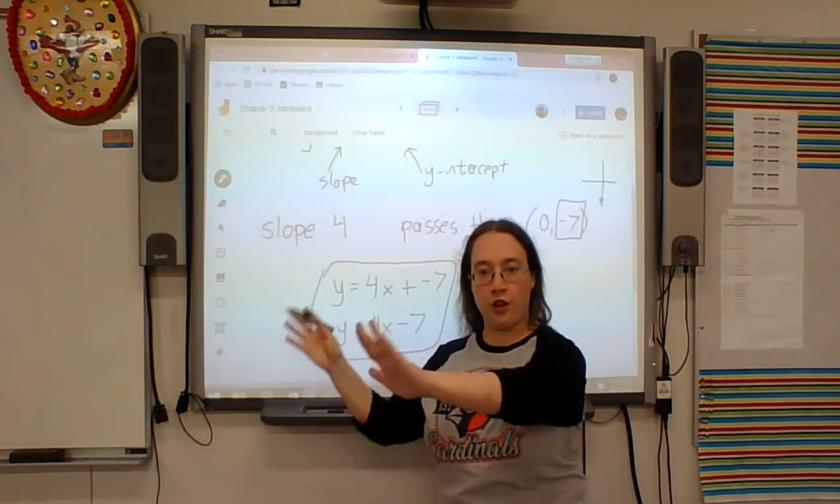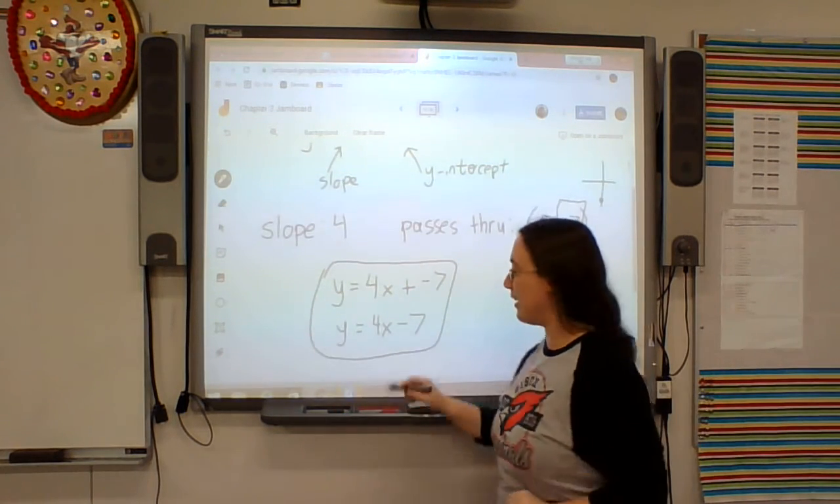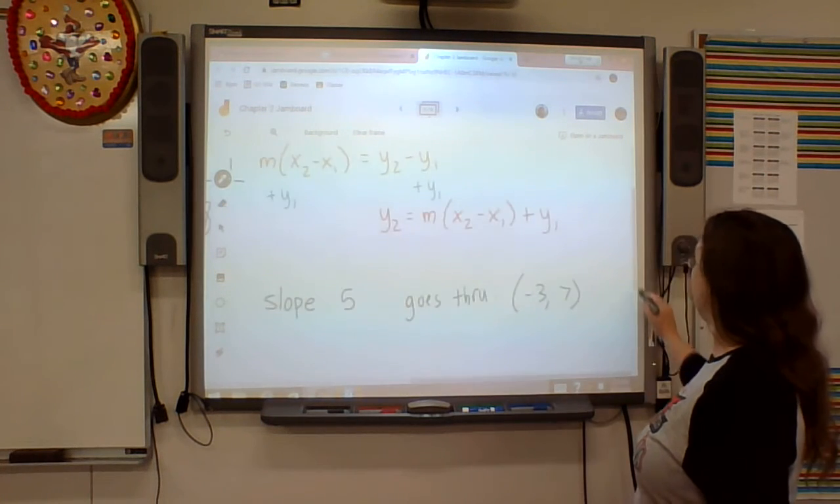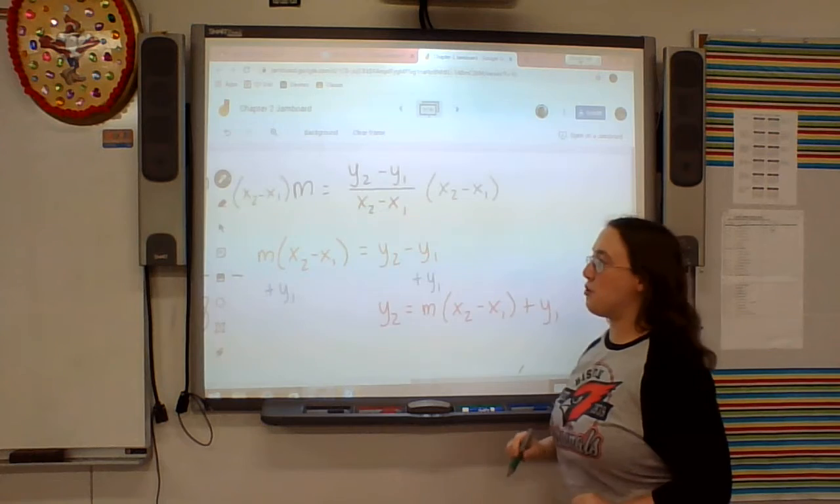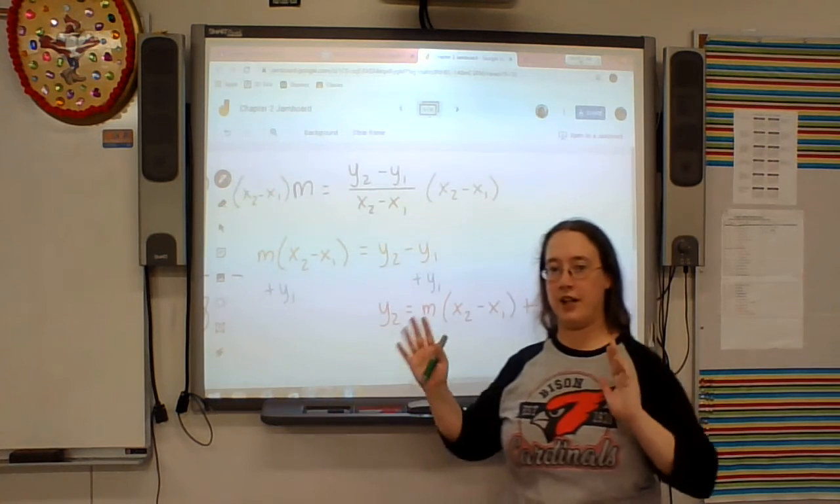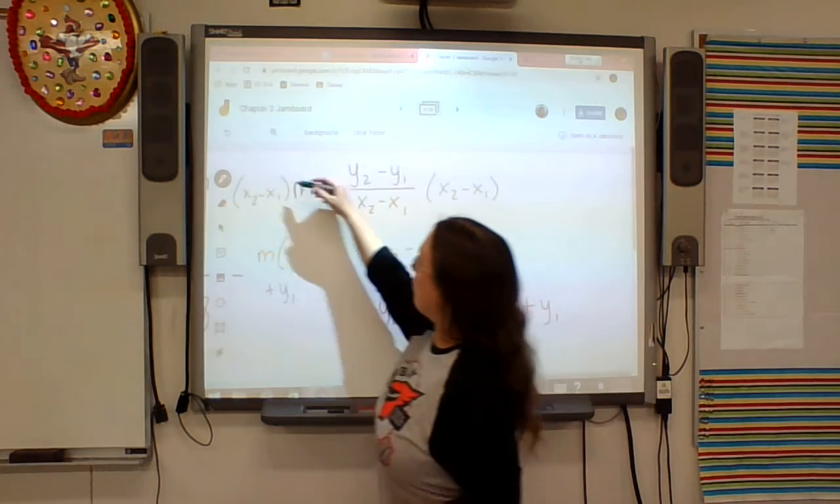So if you've got your slope and your y-intercept already, boom, you're done. Those ones are easy. If we've got our slope and a point that's not our y-intercept, we're going to want a thing called point-slope form, which we did a bit of back in Algebra 1. So a refresher of where that's coming from is